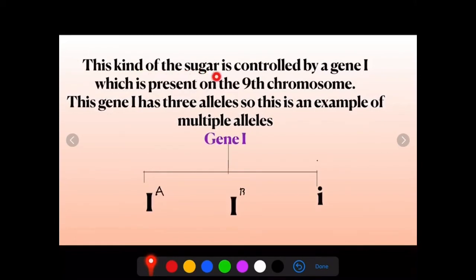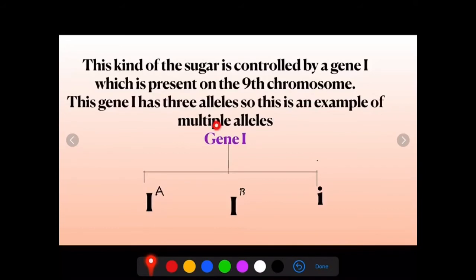The kind of sugar is controlled by, say, gene I. This sugar is produced by the effect of gene I, which is present on the 9th chromosome of human cells. This gene I has 3 alleles. Now this is an example of multiple